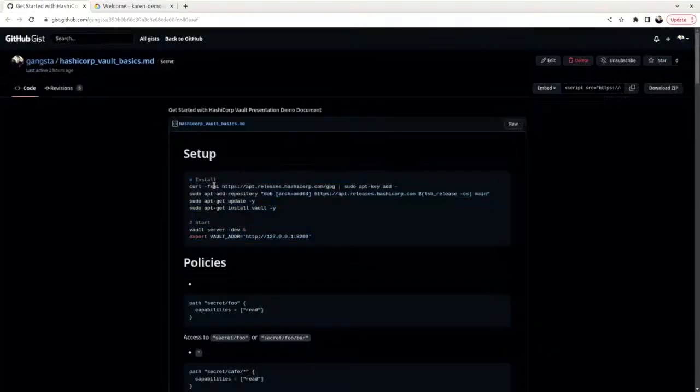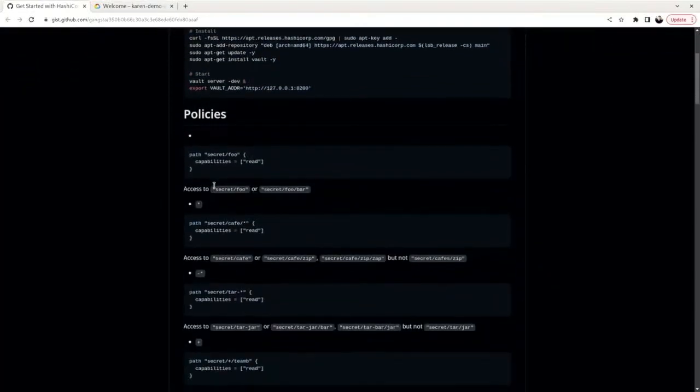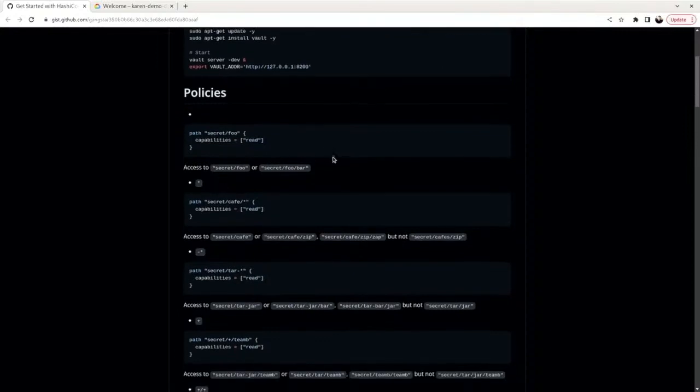Okay? So let's speak about the policies before we apply them. Usually policies are used to control who has access to what. The great thing about Vault is it is very similar to a Linux folder structure. So you can basically say, if I give you access to secrets foo, then secrets foo and foo bar will be accessible.